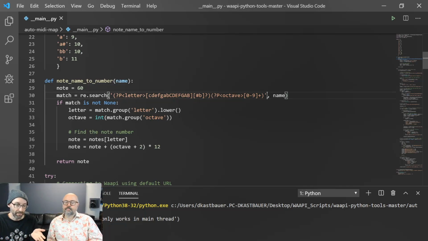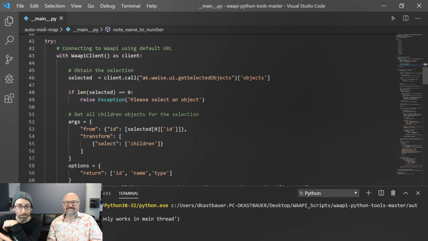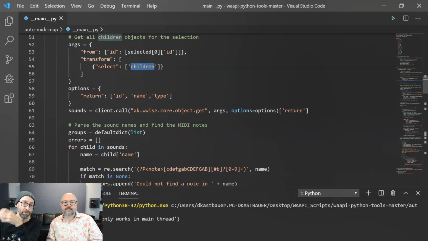But you might have velocities in your file names, and you want to modify this regex to parse the velocities. Read the velocity information in from the file name and then apply it to that key map. It's a very similar process to what we do with notes, but you're going to map velocities in a different dimension. What this program does is it gets selected objects, gets the children of the objects, and from the selection we get ID, name, type, and so on.